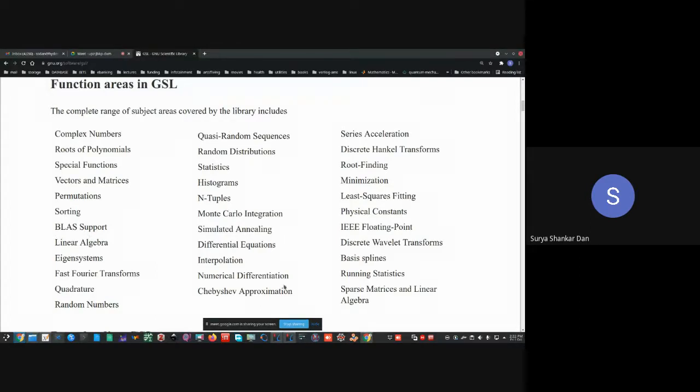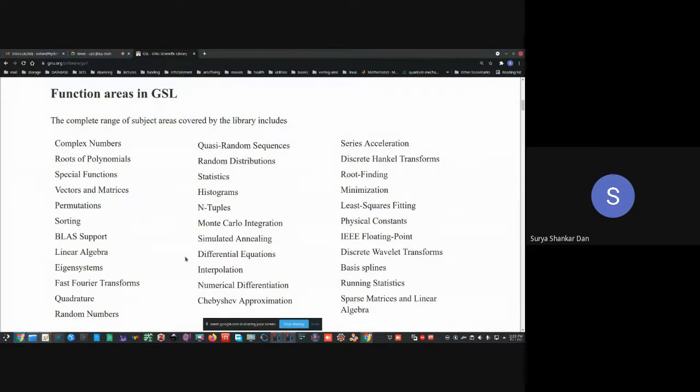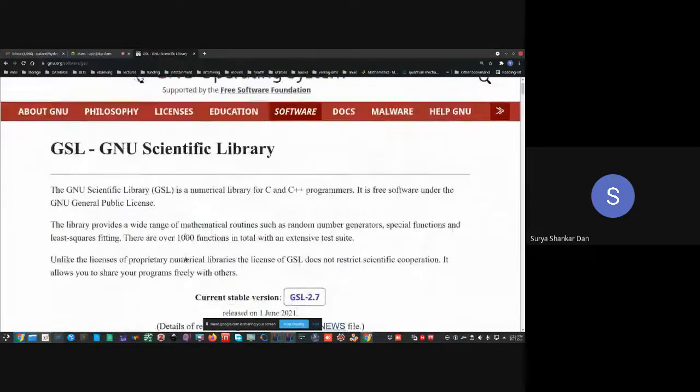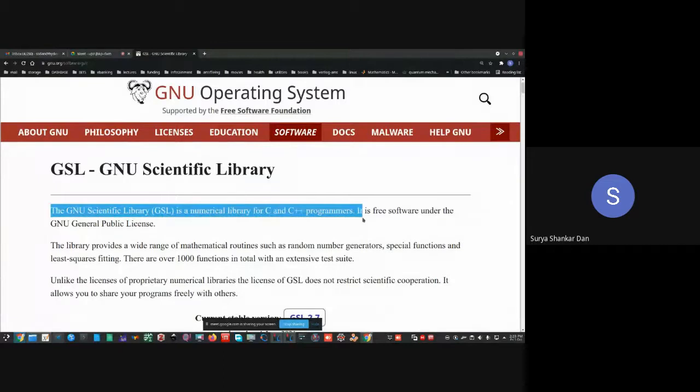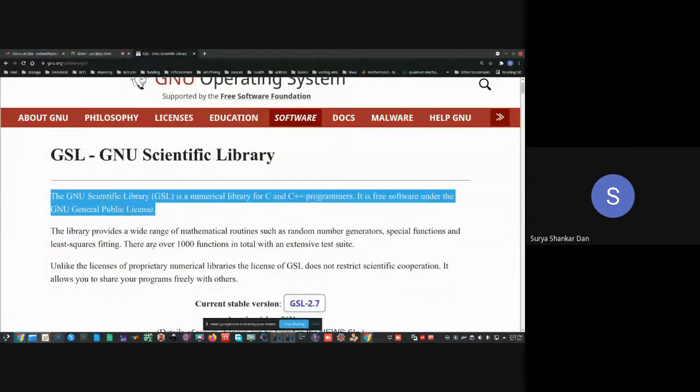And as you can see over here, there is a huge gamut of scientific or technical libraries for C or C++. I used many of these during my PhD. This is the numerical library for C and C++ programmers. This is free software under GNU. So now the thing is,